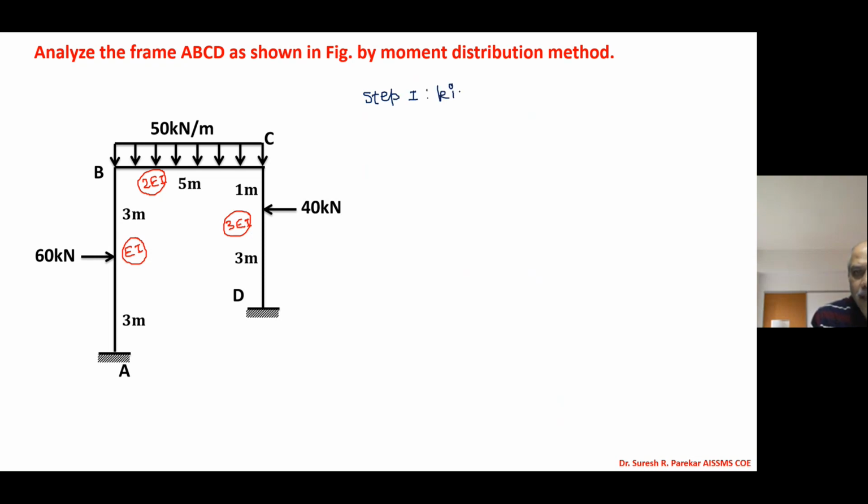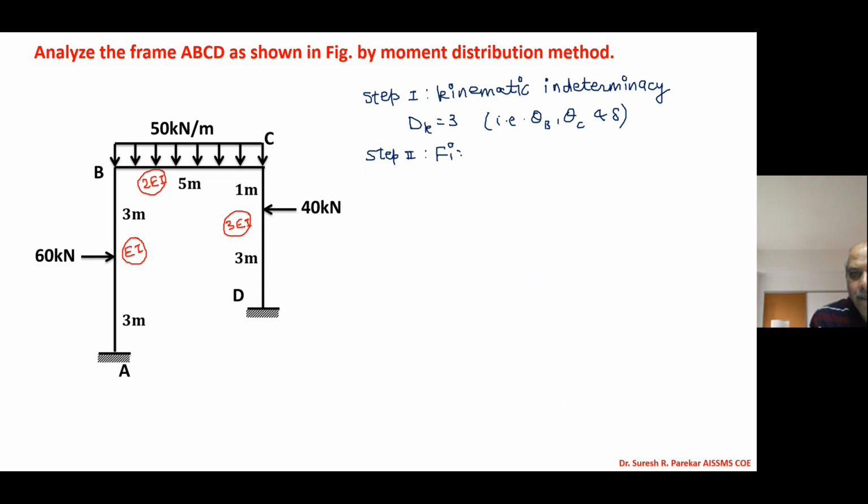kinematic indeterminacy. We have Gk equal to 3, that is theta B, theta C, and delta. Then we have step 2,